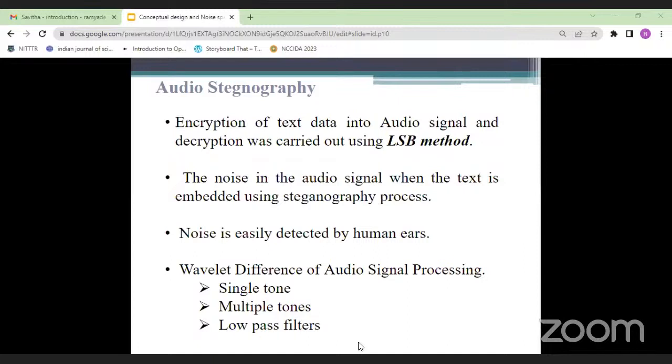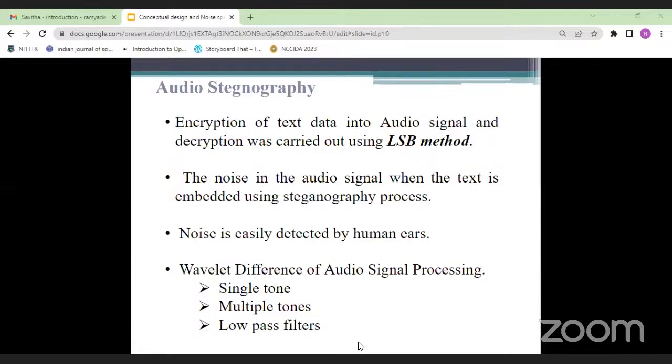The basic aim of the problem is to obtain a clear understanding of the noise in the audio signal when the text is embedded using the steganography process. This is done because during secure data transmission, noise is easily detected by the human ear, which encourages doubt of hidden data.